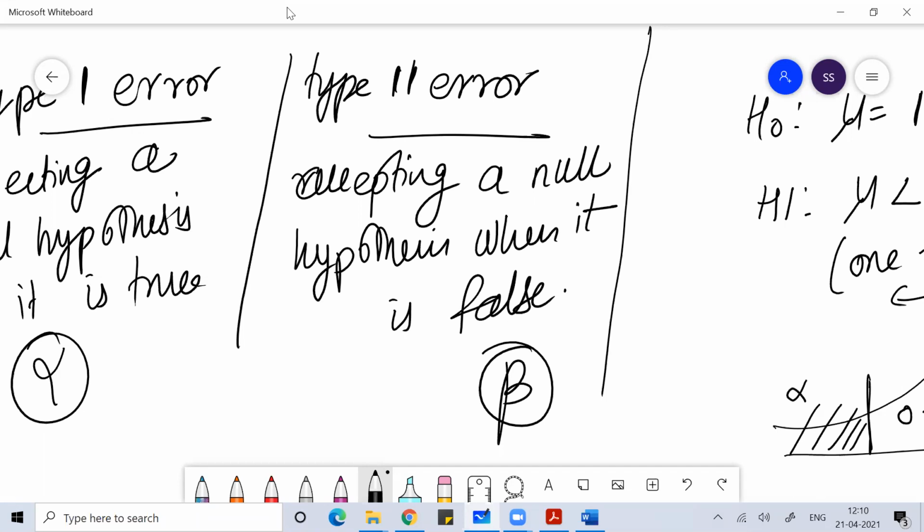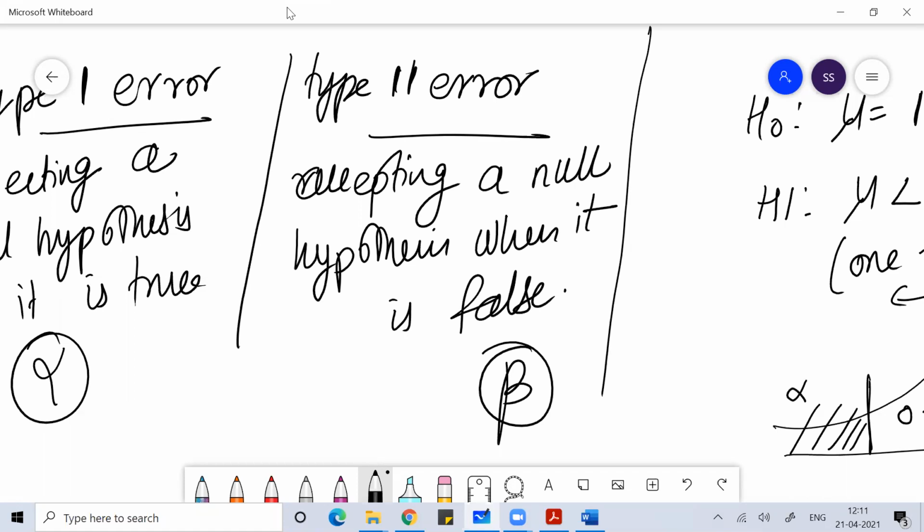Whenever I'm talking about Z test or T test, here I need to read the problem. I need to read the last line of the problem to understand whether it is a one tail test or a two tail test. That research I have to do from my end to prove or disprove this.